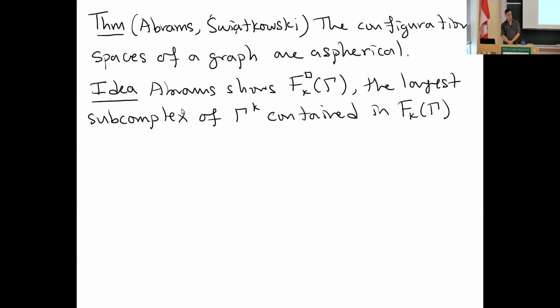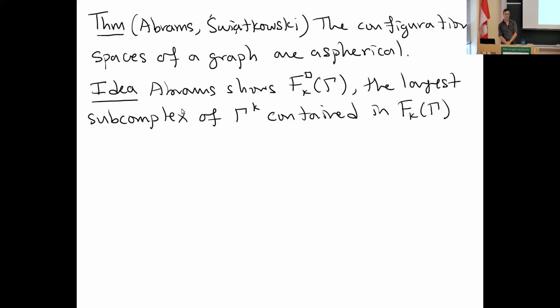So what Abrams does is he looks at a subspace of the configuration space, which is what I'm calling F_k with a box. And that's just the largest subcomplex of Gamma^k. So Gamma, maybe I should have said, when I say a graph, what I mean is at most one-dimensional CW complex, right? So Gamma is a cell complex. Gamma to the k has a God-given cell structure. And I can look at the largest subcomplex, in the cellular sense, of Gamma to the k that lives inside